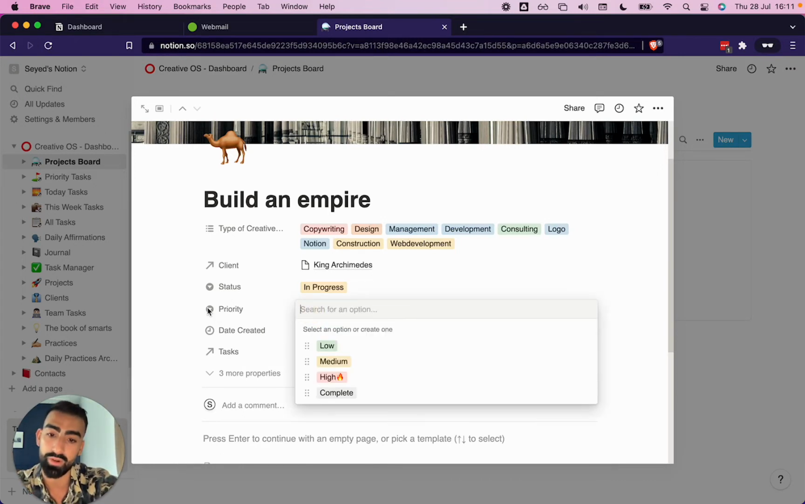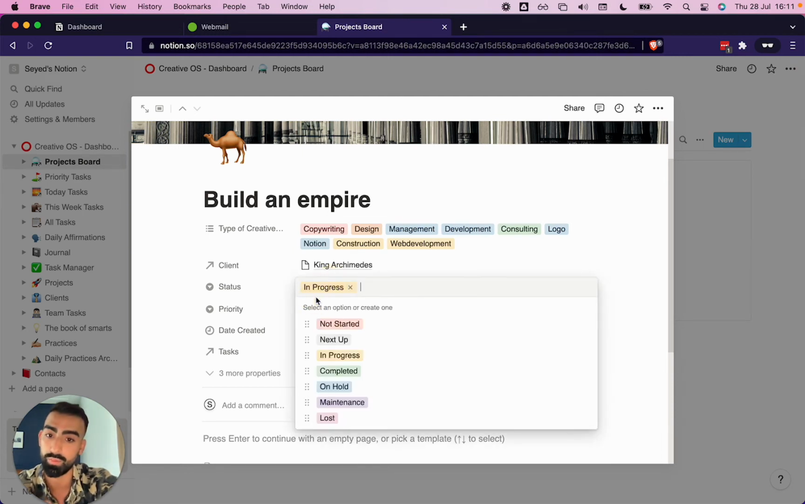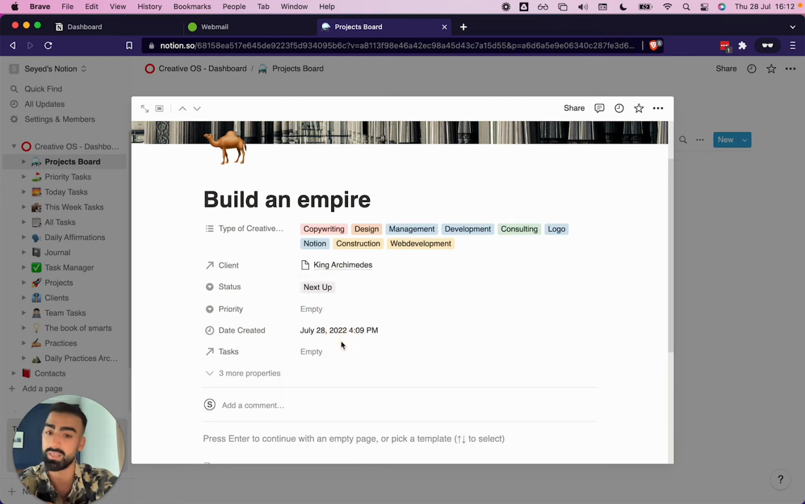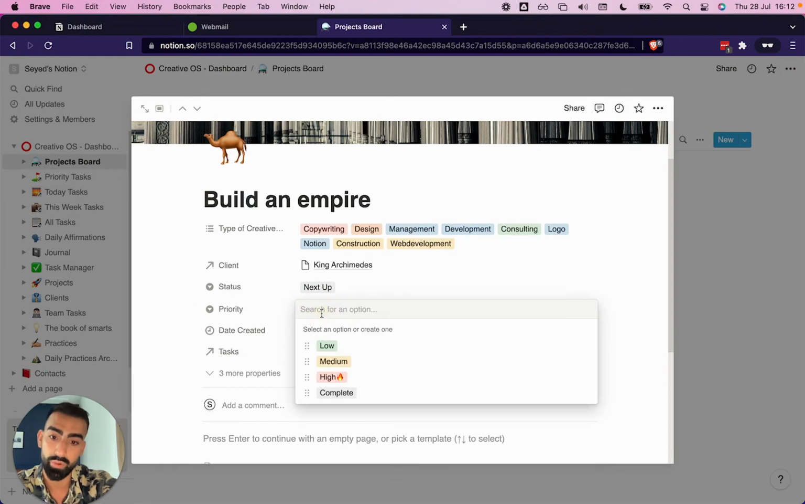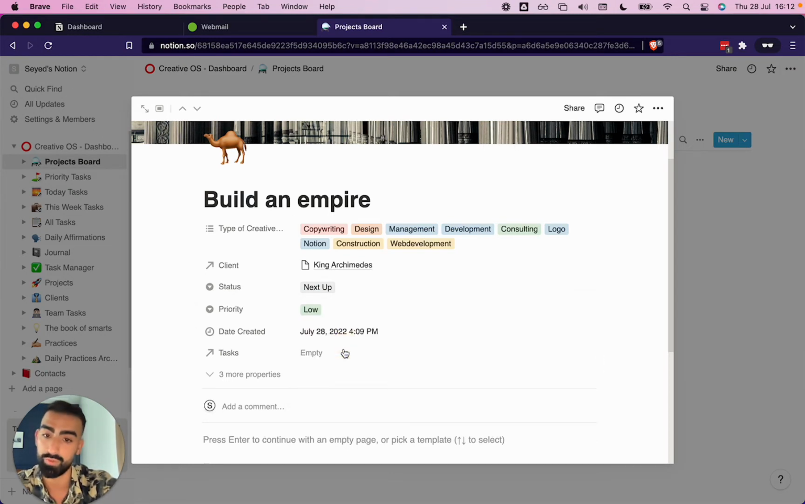Here I have a priority. So depending on when a client wants to start, I mean, this is going to be a next up project because he hasn't signed yet. I can assign priority to it. Let's say it's a low priority for now, or let's say it's high priority because this is a big client, right? And here you see another arrow, linked database, and this one is linked to the tasks, which are integrated